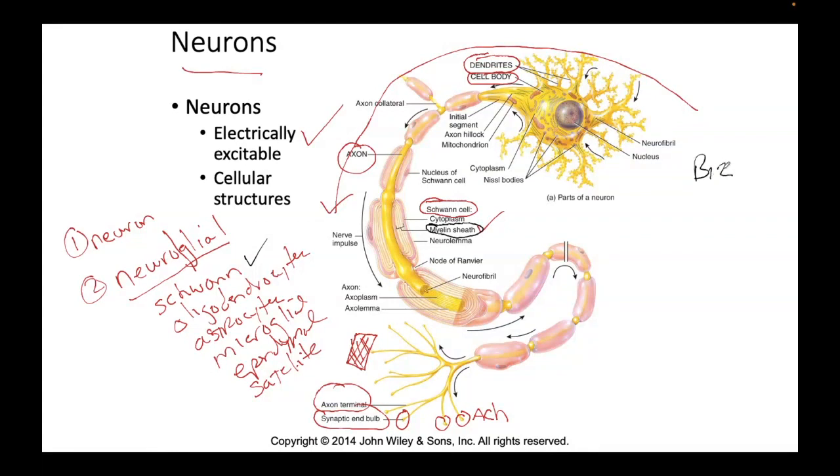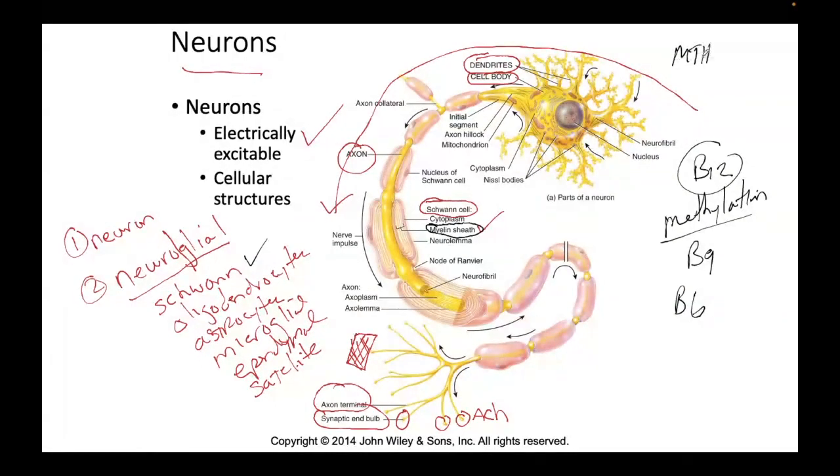Inside the body, we need vitamin B12 to make that, and we need a process within the body called methylation in order to make myelin. And methylation is really important on B9 and B12 and B6 in order to methylate properly. You need these three B vitamins to do that. And there are certain people that have a mutation called MTHFR,